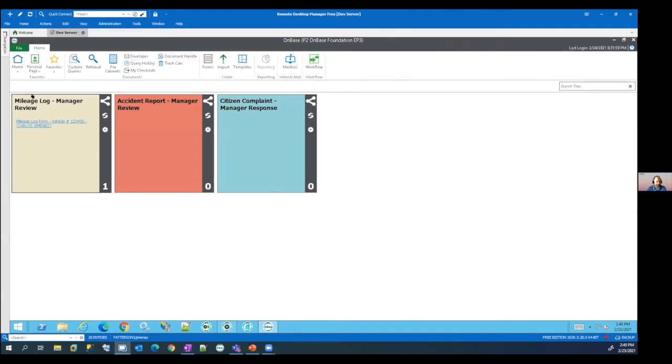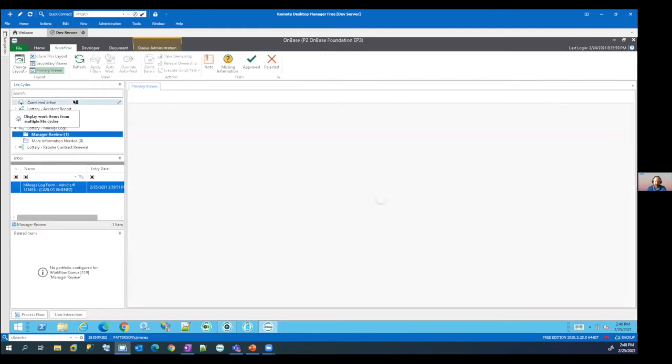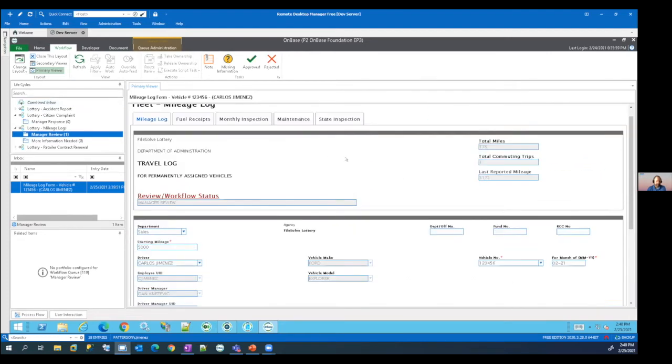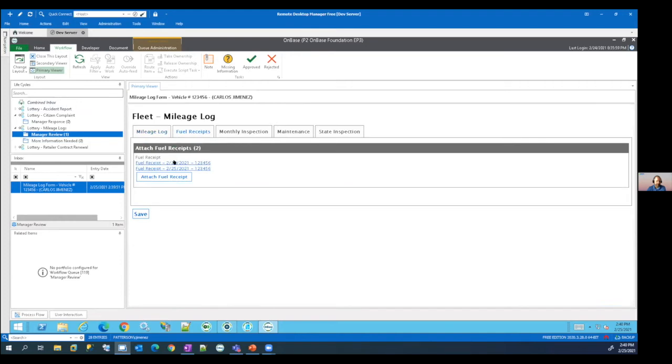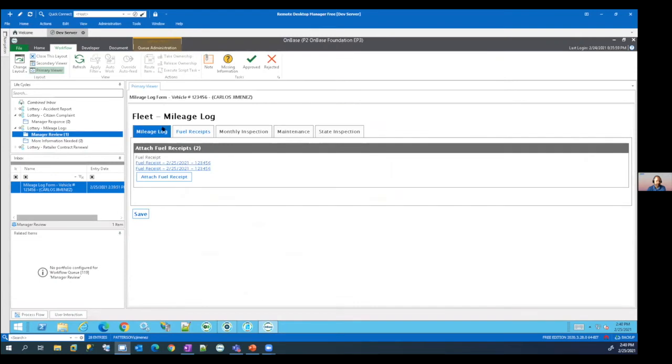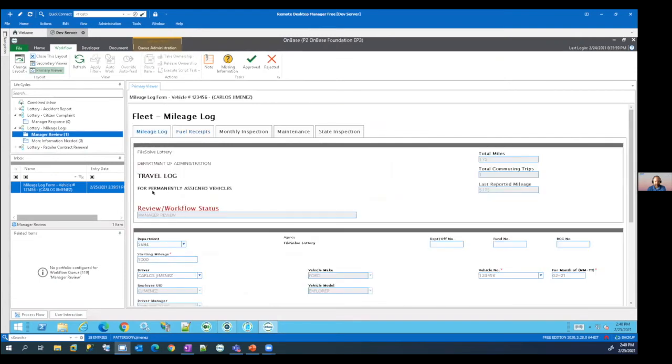So I'm in here as Dan. I can see I have a mileage log to review, so I'll click on that. And very similar to the other workflows you've seen today, I have the ability to review this mileage log. I can view any of the attachments that are part of the log. And one difference here is I've added this review workflow status. This is so that if a user ever has a question, where is my mileage log in the approval process? Or if I was filling out, you can imagine if this was an expense report, where is it in the